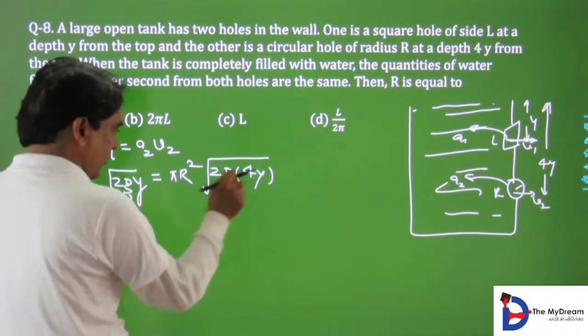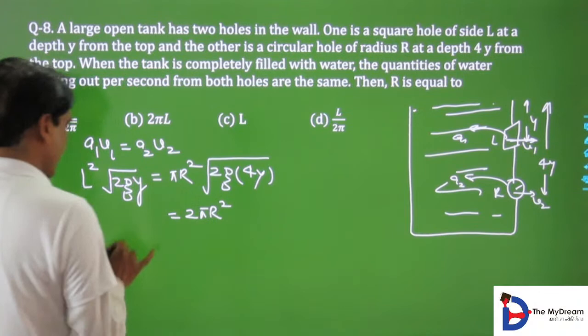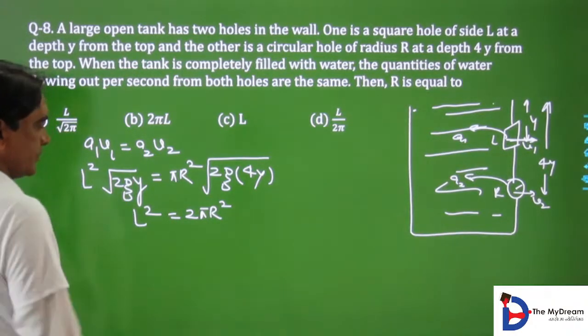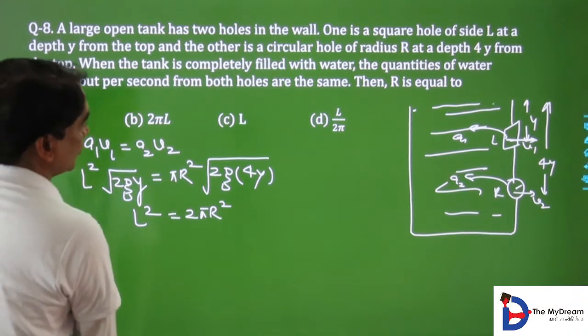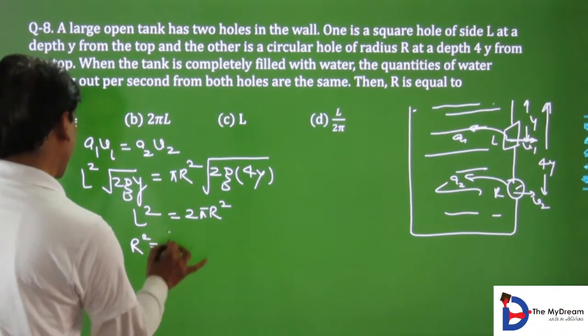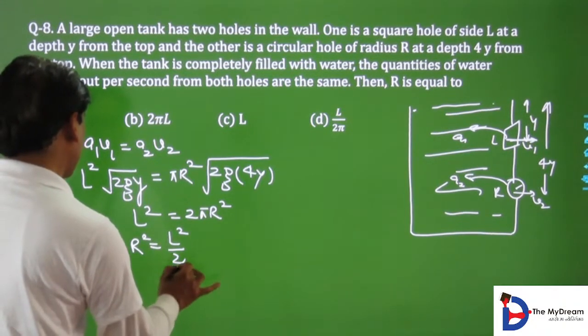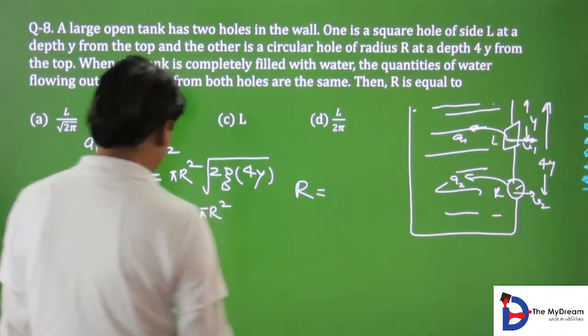The square root of 4 will become 2, that is equal to this. So you want to know the radius, so r square is equal to L square upon 2 pi. So r is equal to, you can take the square root,